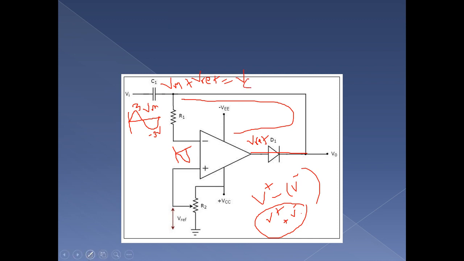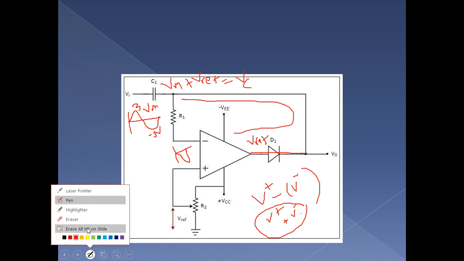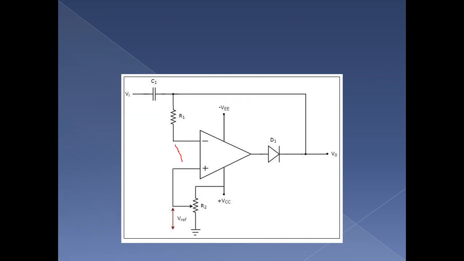Now consider I am getting the positive side of my input here. So with the positive input, and V reference, the output will be V reference minus Vi. So here I will be getting a negative output voltage, and then obviously the diode will be open. So the diode will be in open condition.